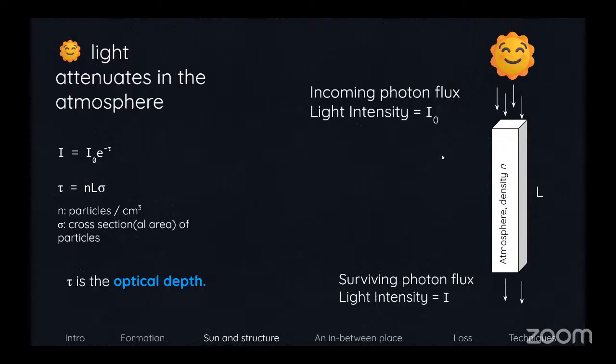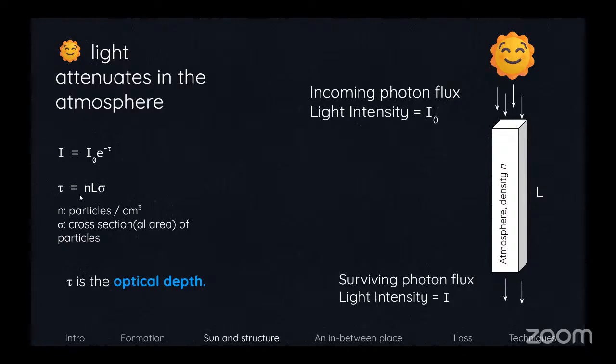An atmosphere to us, visibly, is transparent, but it's not completely transparent to solar photons. So as they go through, they'll run into molecules in that atmosphere. And whatever intensity the sun is coming in with, I naught at the top, is going to get attenuated to some extent as it goes through the atmosphere. We can quantify this with this small equation here. Basically, as you go through the atmosphere, that brightness gets attenuated by a factor of e to the negative tau, which is defined here.